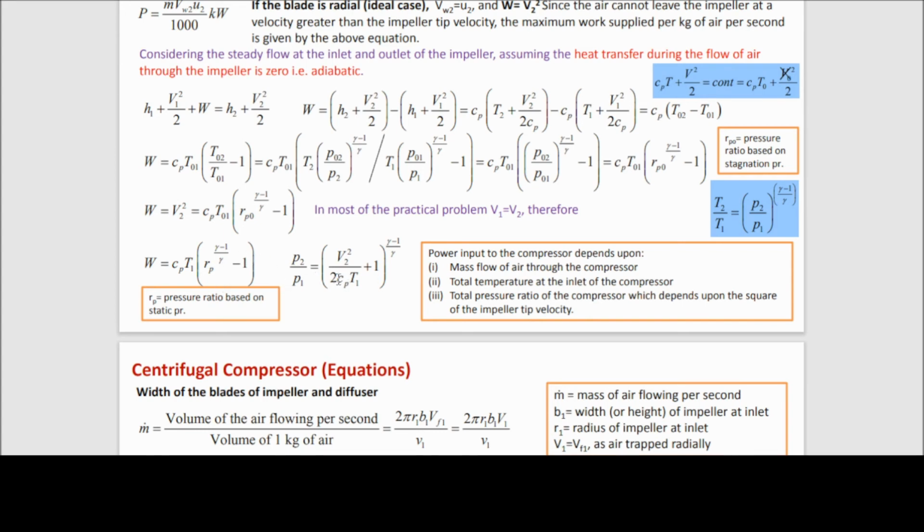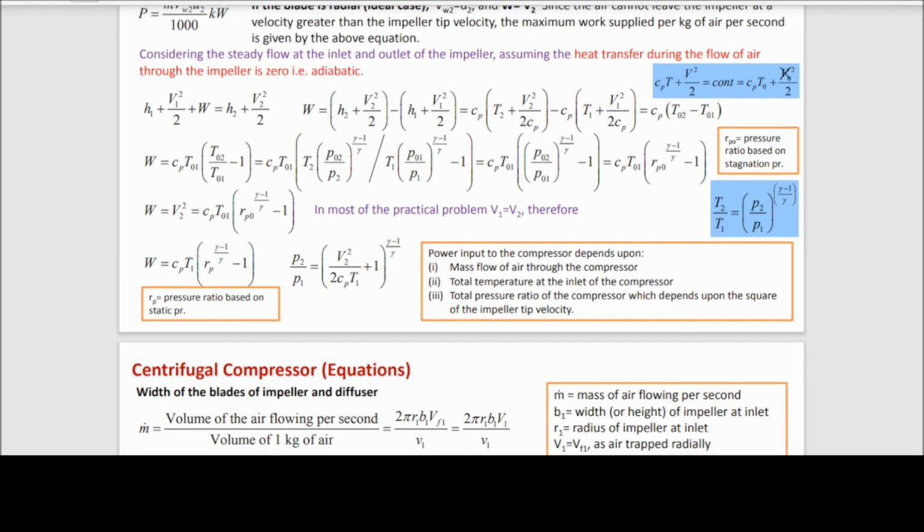So here the 2 will not be there. This P2 by P1, from the same equation you can rewrite, P2 by P1 equal to V2 square by Cp T1 plus 1, to the power gamma minus 1 by gamma, and this Rp is the pressure ratio based on the static pressure. So I will show you how it comes. By the energy equation we know that